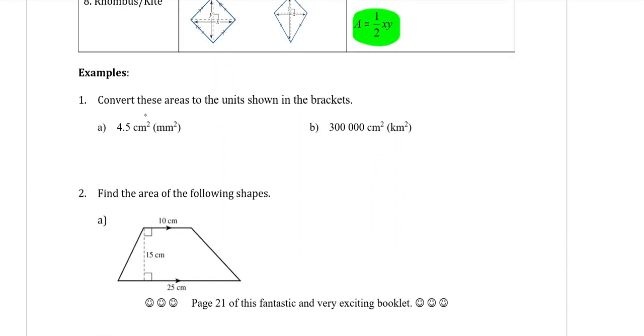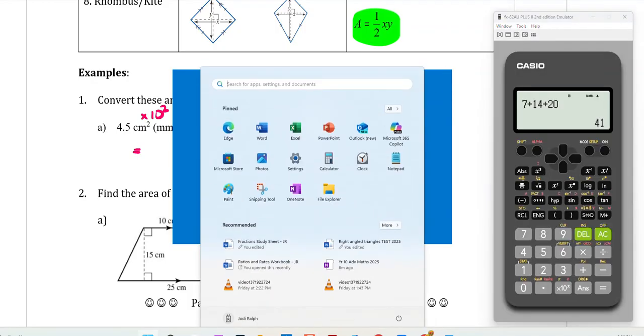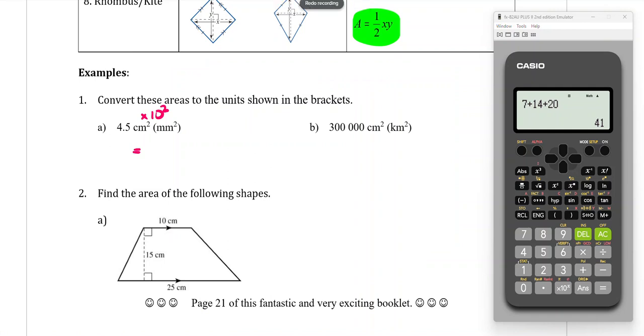On your calculator you just type that in. So we have 4.5 times 10 squared, and that makes 450